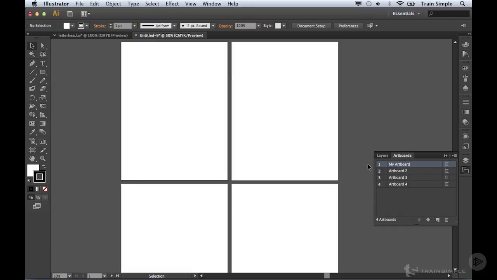You can also select artboards by simply choosing the selection tool and clicking on a particular artboard. When you do that, you'll notice you get a highlight, a dark border around that artboard, and the selection is also reflected here in the Artboards panel. But let's go ahead and take a look at a useful tool for working with artboards, and that is the